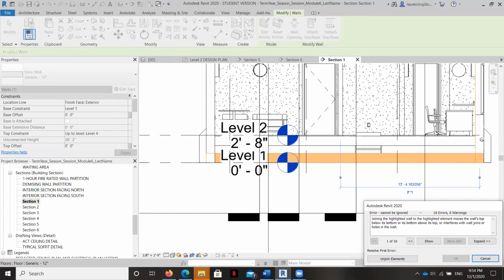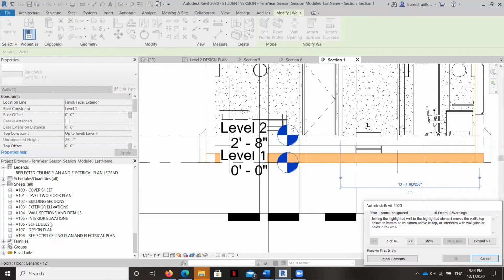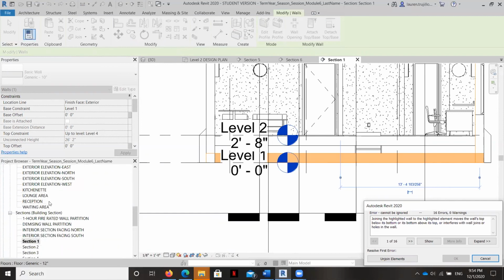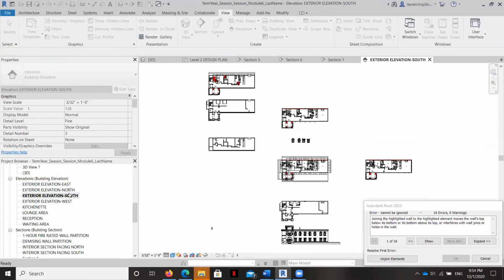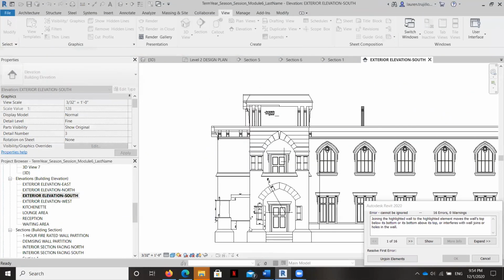Okay, so it's giving me this message because remember there's an opening in that wall over there at the very front of the building. Here, I'll show you. It doesn't want to move because there's a bunch of openings and low things and high things.